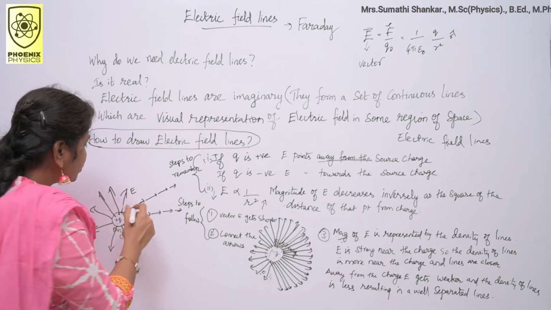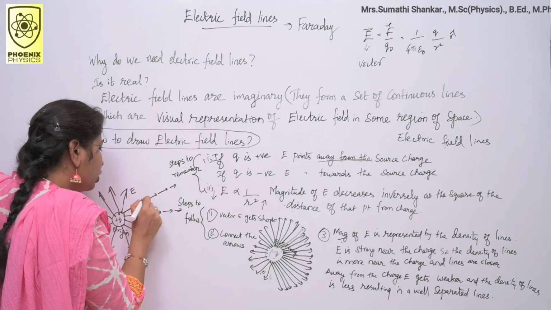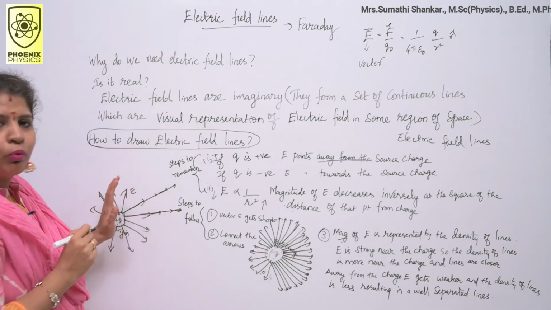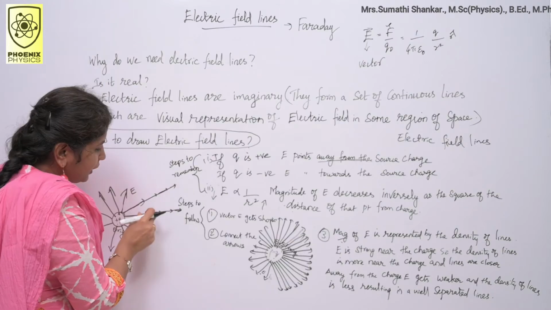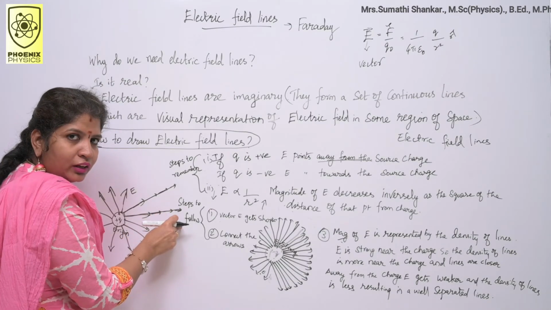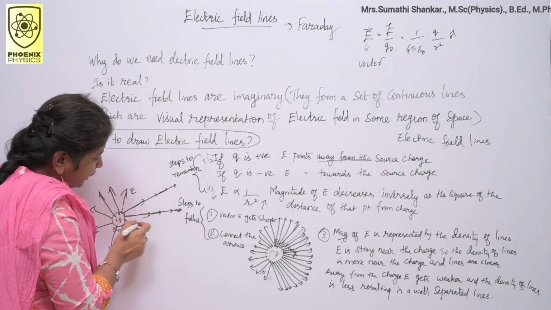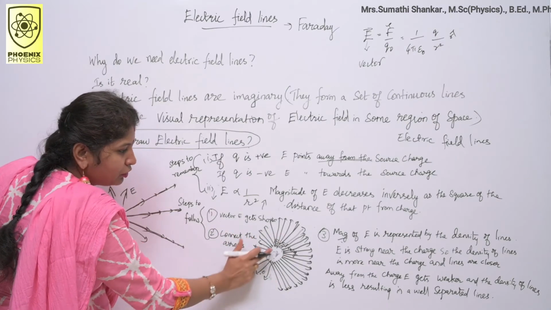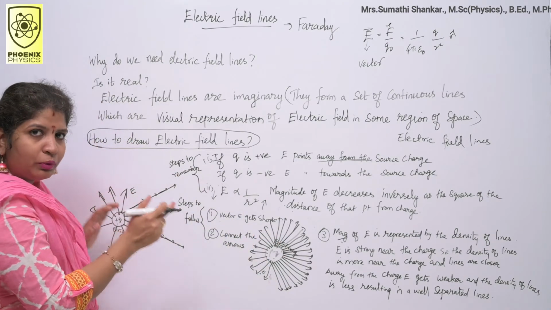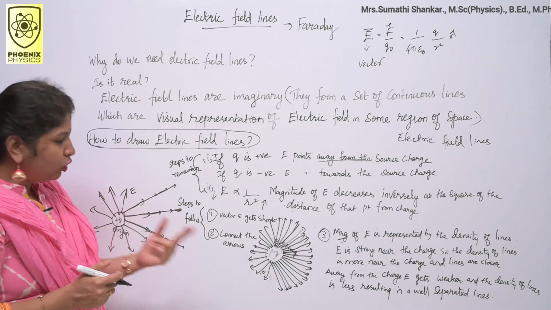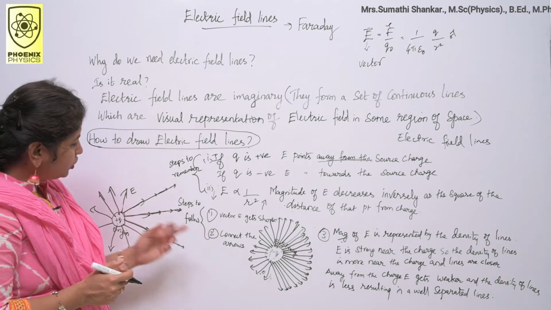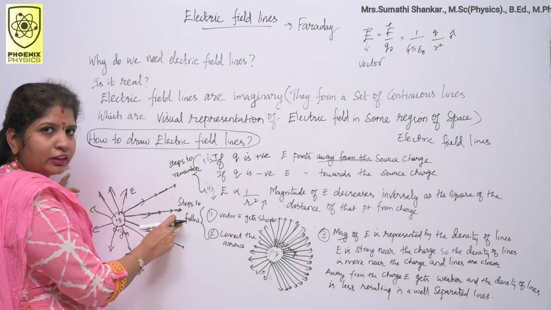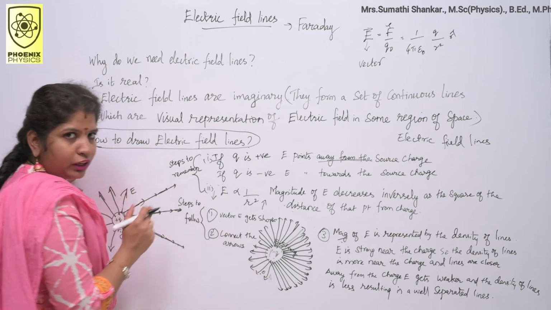Second point, just connect the arrows pointing in one direction like this, and the resulting figure represents electric field lines. So this is the final diagram. It is given in the book. So before that we have to follow two steps. Just draw separated vector lines, then connect the vector lines. You can get the diagram like this.